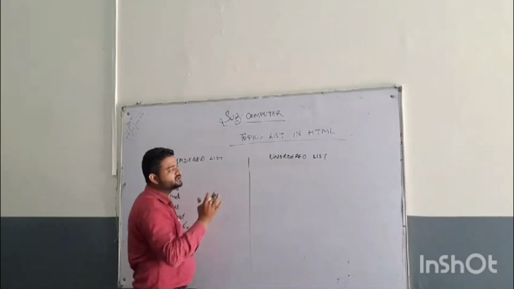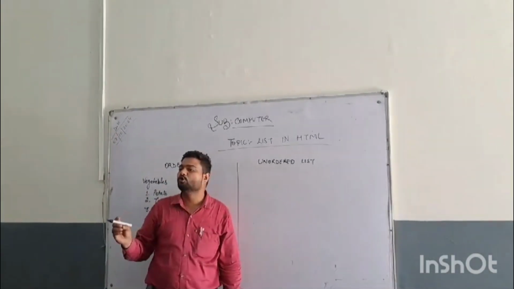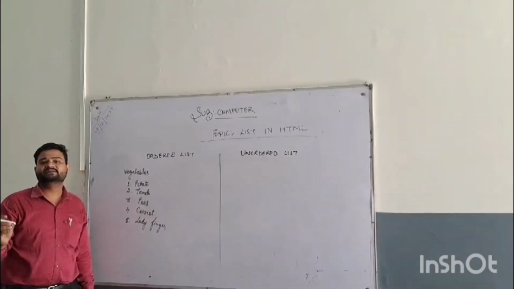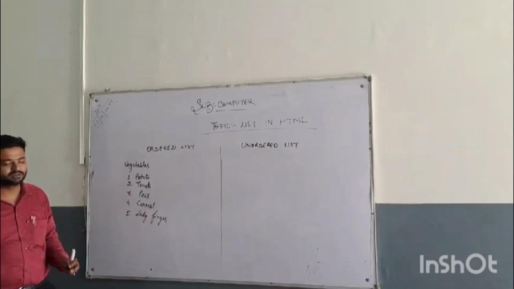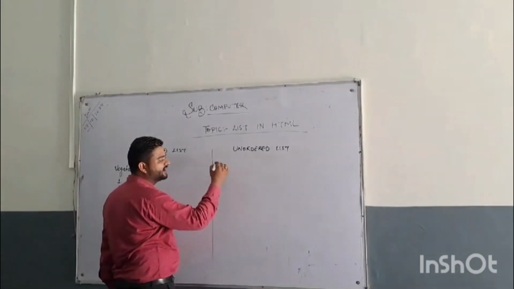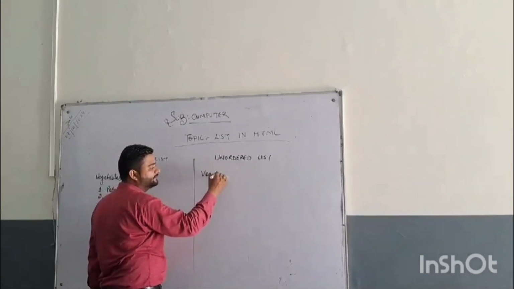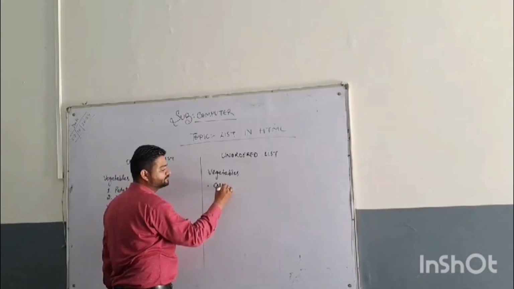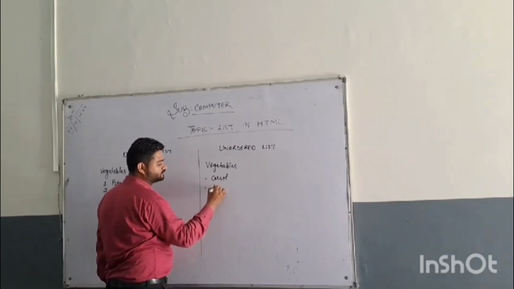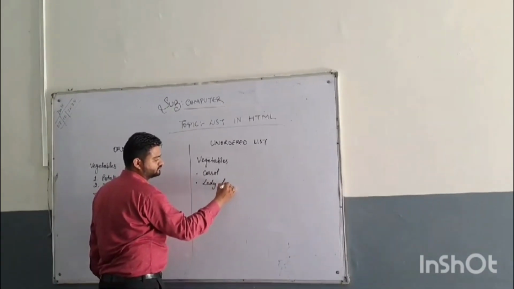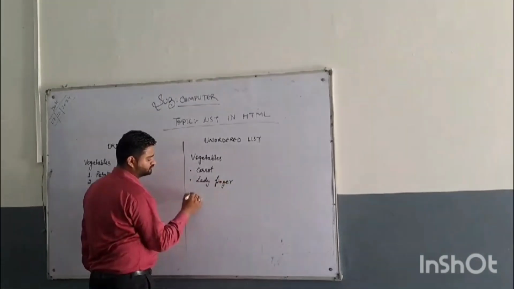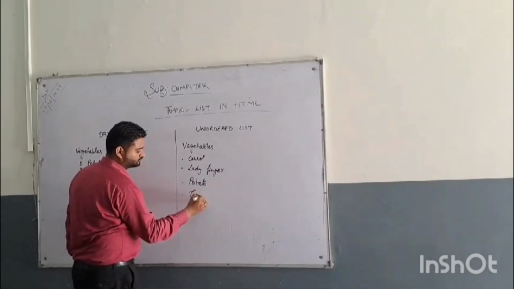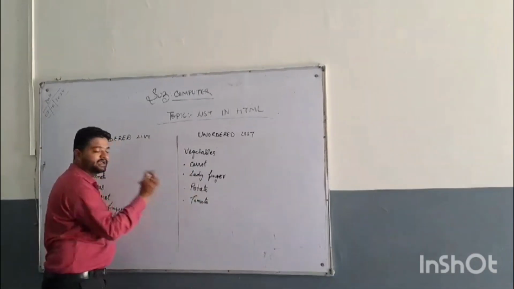But unordered list is that type of list which does not contain any serial. Unordered list वो होती है जिसके अंदर कोई भी serial नहीं होता. For example, same we are going to make के vegetables की एक list बनाई. इसी के अंदर मैंने लिख दिया कि carrot, यहाँ पे मैंने कोई भी सीरियल नहीं लिया.